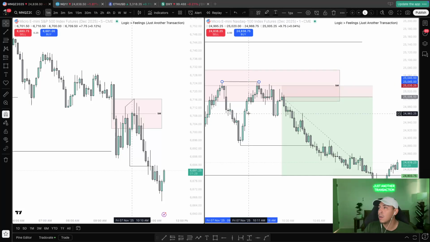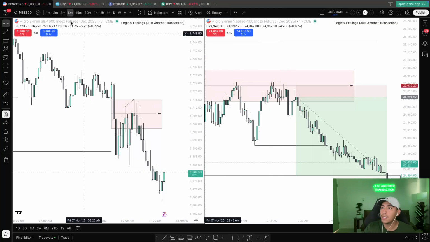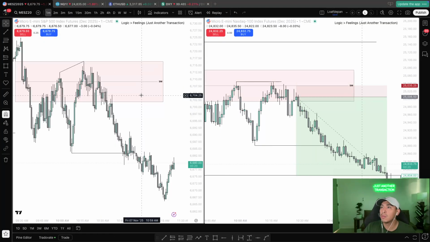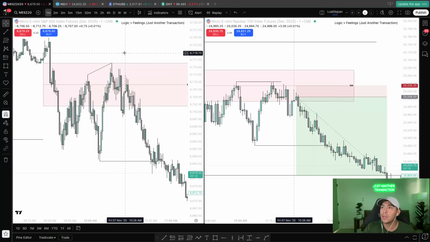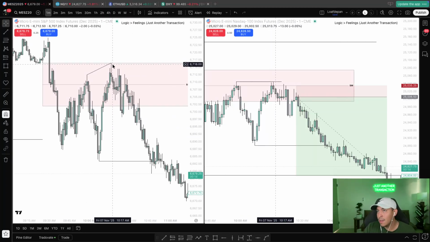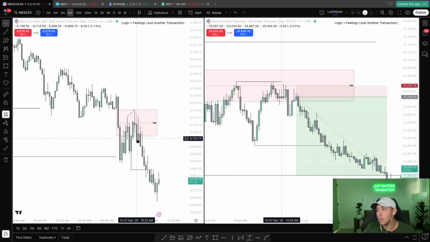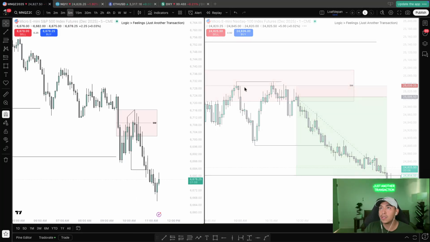So something to note, when NQ went higher here, it didn't quite take this high. And on ES, we did take this high. So let me drop to the 1 minute and show you guys exactly what I'm talking about. So right here, we went ahead and took this high. And from here, you want to notice the significance of the displacement lower on the 5 minute. So we displaced lower here on the 5 on both indices.